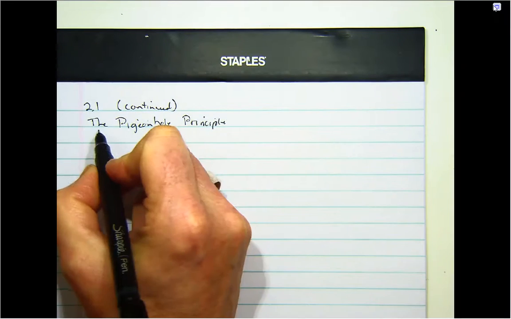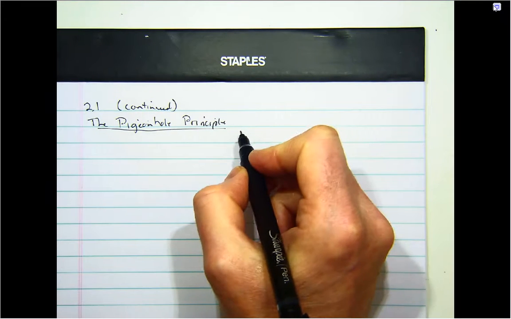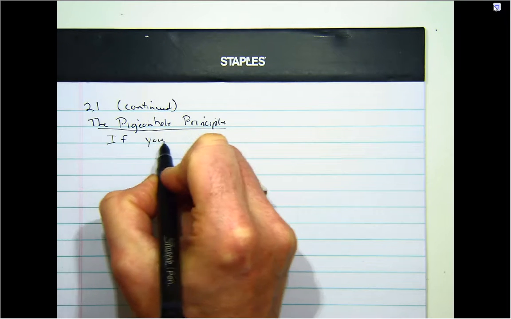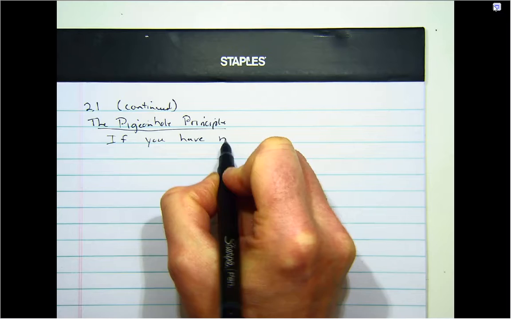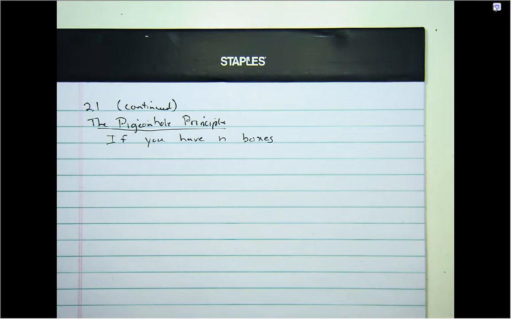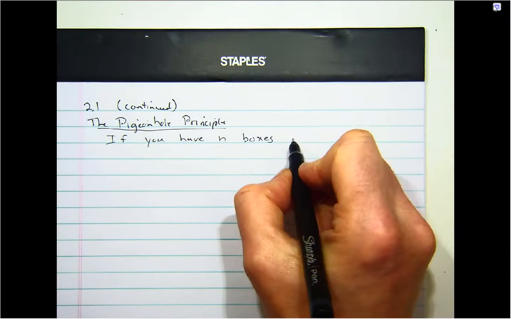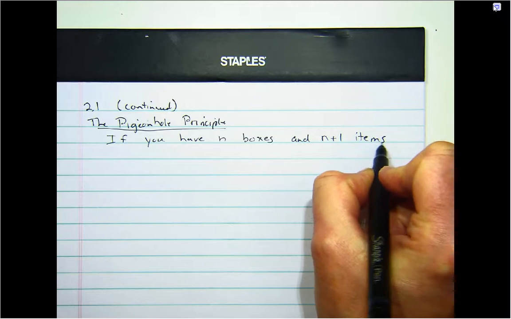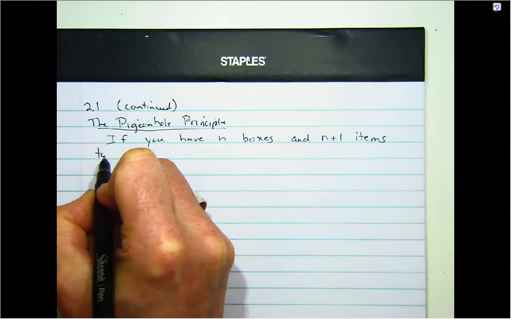The pigeonhole principle said if you have n boxes, so this one's stated a little bit differently. We're going to have n boxes. So n just stands for a number. The number might be 100, it might be 1,000, it might be 1,000,000. If you have n boxes and n plus 1 items to put into the boxes,